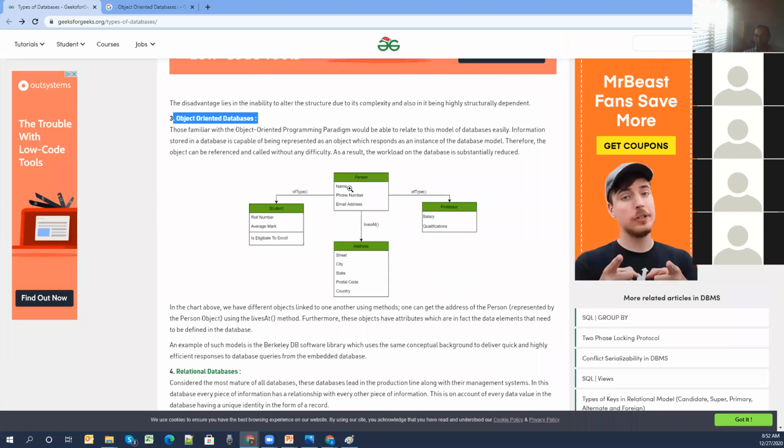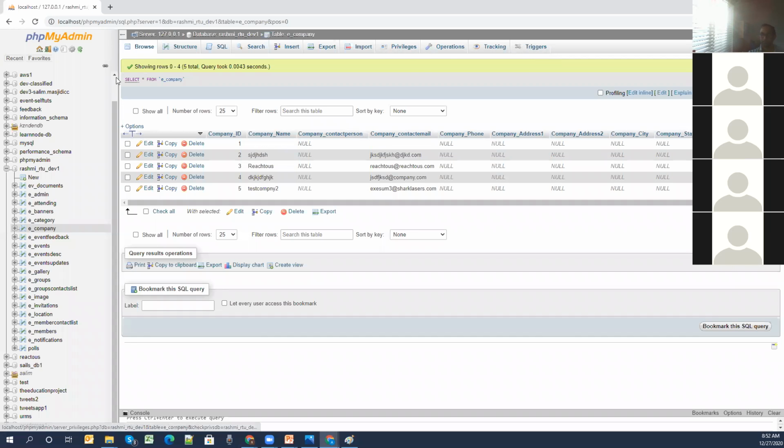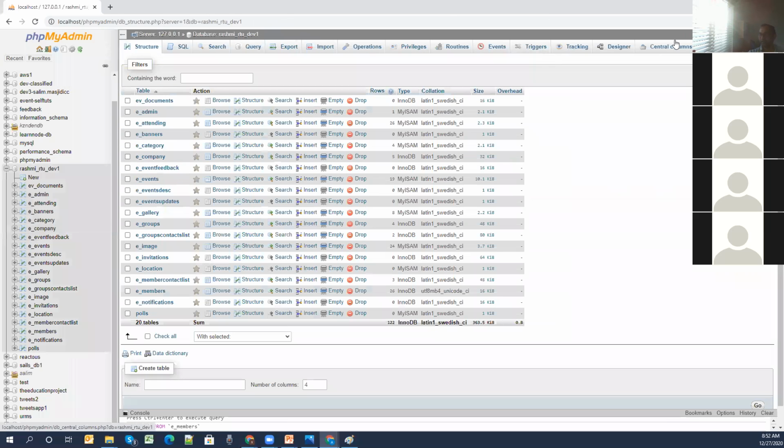So every person has an address. Every person belongs to an organization, a company. Every person is a member of an event. So that is the kind of relationship. This is only a representation, but overall, if I go back to the database and get into the designer, actually,